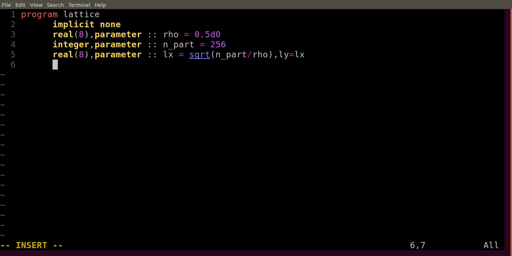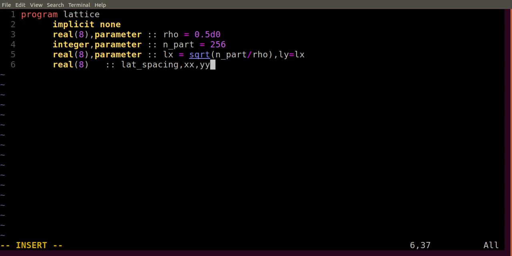So next we have to specify the lattice spacing, which you can define as a parameter, or you don't need to define it as a parameter. So let's define some real type variable which I will be needing. So let's say lattice spacing, and then the x coordinate, let's say xx,